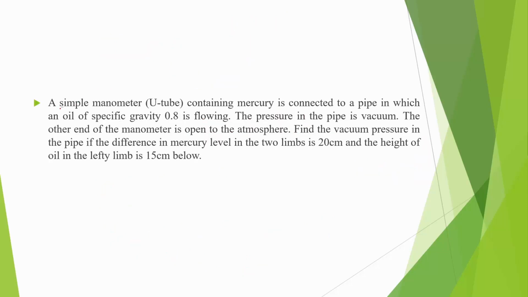So what we have here is a simple manometer, which is a U-tube manometer containing mercury and is connected to a pipe in which you have an oil of specific gravity 0.8. The pressure in the pipe is vacuum. This is very important because based on this only we will be drawing the diagram. The other end of the manometer is open to the atmosphere. We have to find the pressure in the pipe if the difference in the mercury level in the two limbs is 20. So if we draw the diagram,